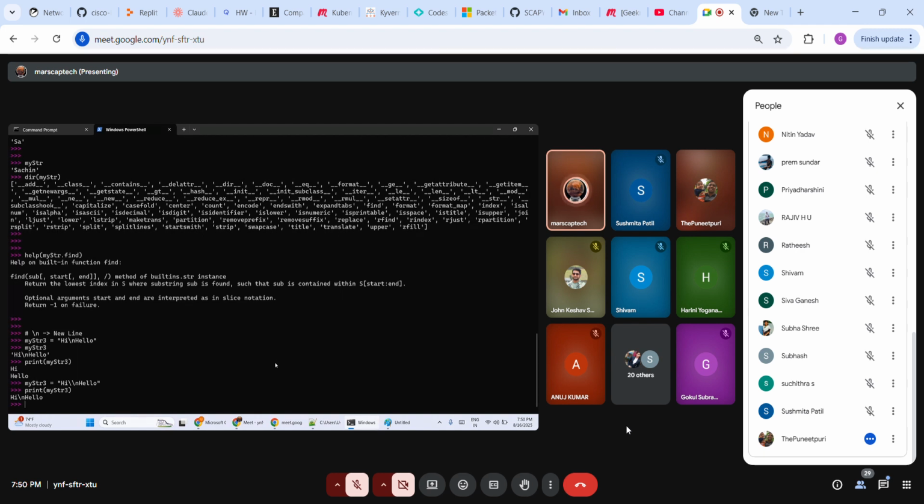That guy is putting a /. So this is Python documentation. The Python documentation has a / within the parenthesis, which means that for this method, these are all positional arguments. You don't need to say sub equal to value, start equal to value, end equal to value. If you give that, that is called a named argument. You can directly give the value. I will execute